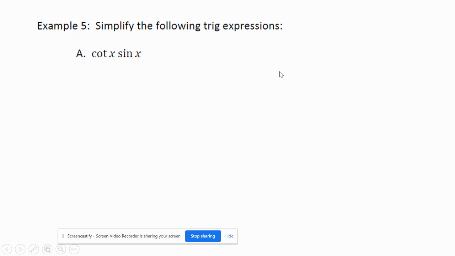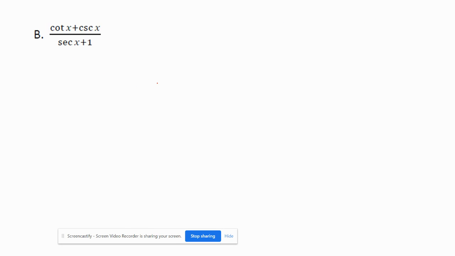All right, simplify the following trig expressions. Okay, cotangent x times sine x. So again, step 1 is we want to put everything in terms of sine and cos. Cotangent is equal to cos over sine. So I'm just going to make that substitution here. Cotangent is cos over sine times sine x. These guys cancel out. So this guy equals